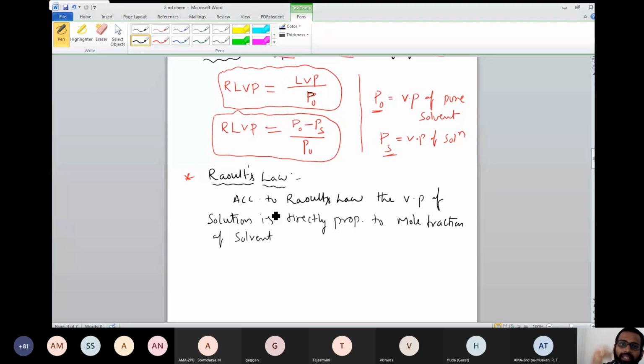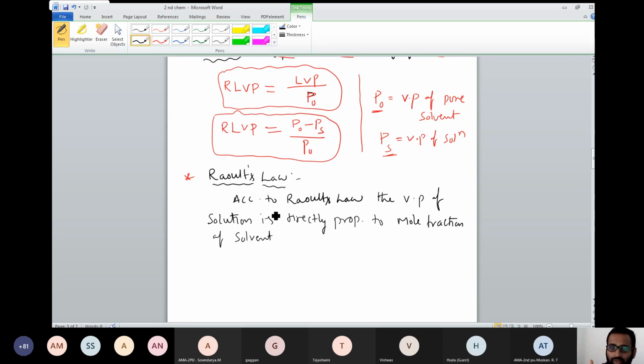Certainly evaporation is easy. Remember two things. If the solvent is more, vapor pressure is high. If the solute is more, vapor pressure will be low. So what I am saying here: mole fraction of solvent is more. To avoid confusion, I am explaining this many times. If the mole fraction of solvent is more, then solvent particles are more, then vaporization will be more. Certainly, the vapor pressure of a solution will be more.